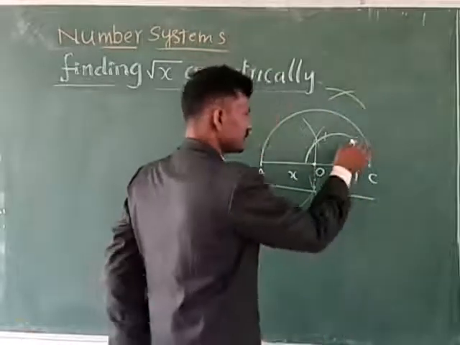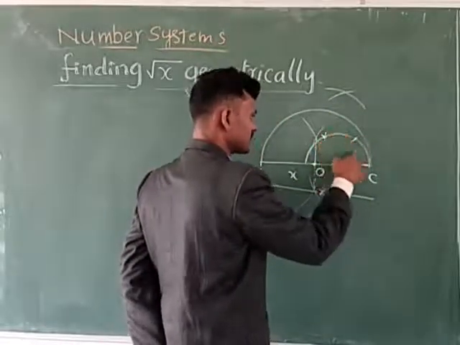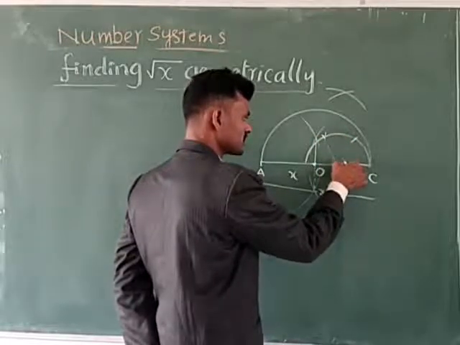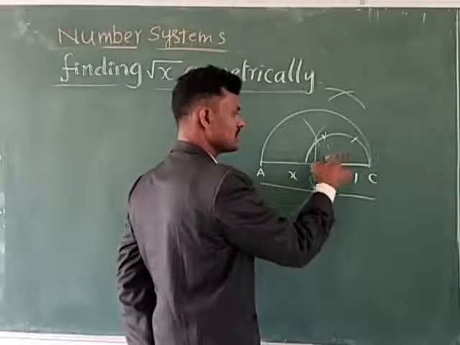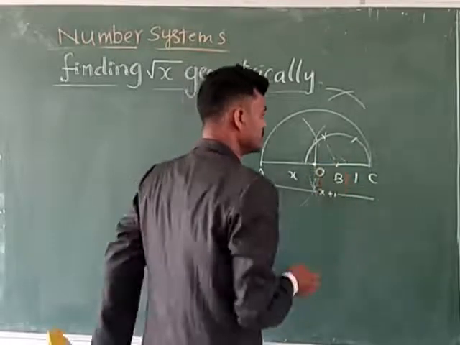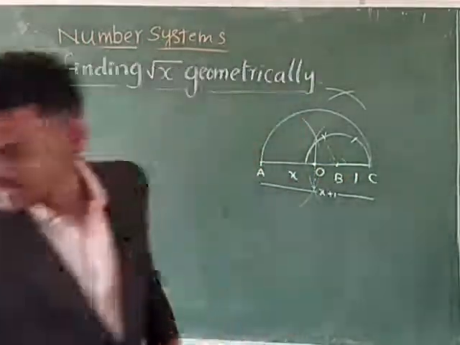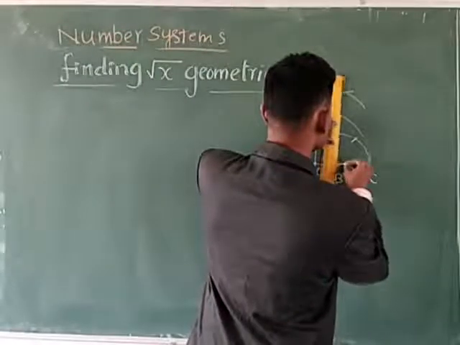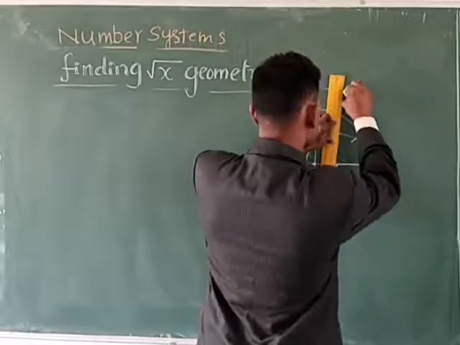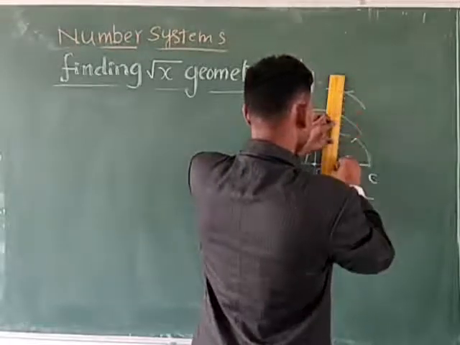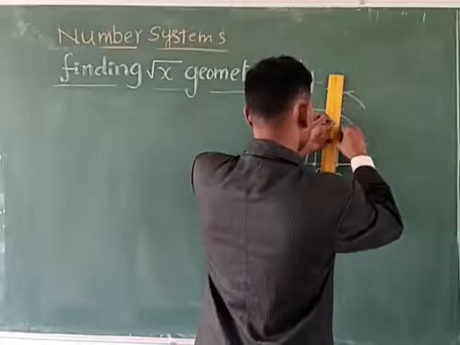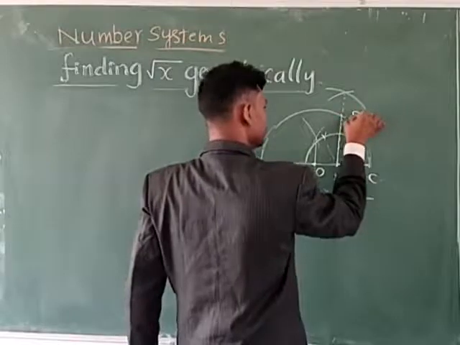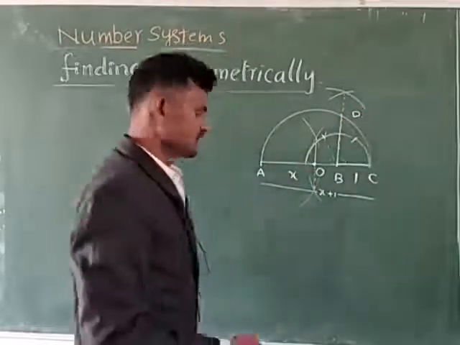Listen children, here we divide this semicircle into 3 equal parts. This is one part, this is one part, and this is one part. Each one is 60 degrees. A semicircle is 180 degrees, this is half. Then see here, now you have to join with the help of the scale this intersecting line and B. This is the perpendicular. Carefully you have to write. Where it intersects this line, that is BD.